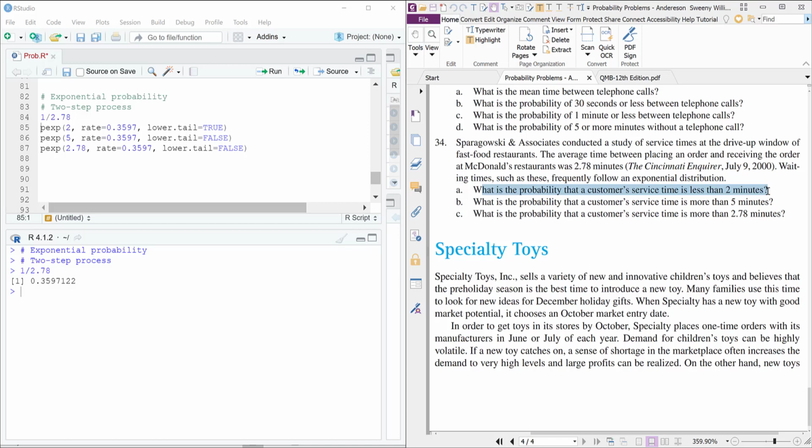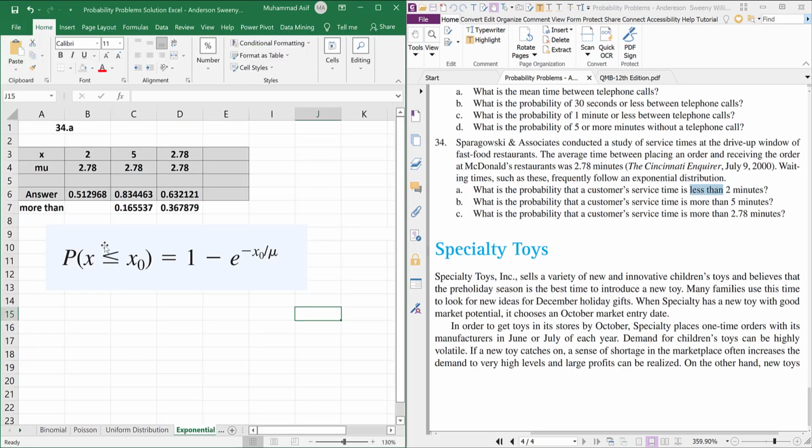So in PEXP, 2, and rate is the inverse of that time, 0.3597. Lower tail, yes, because it's less than 2 minutes, so we are essentially talking about the lower tail, so it will be true. And when I run this command, that gives us a probability of 0.51,